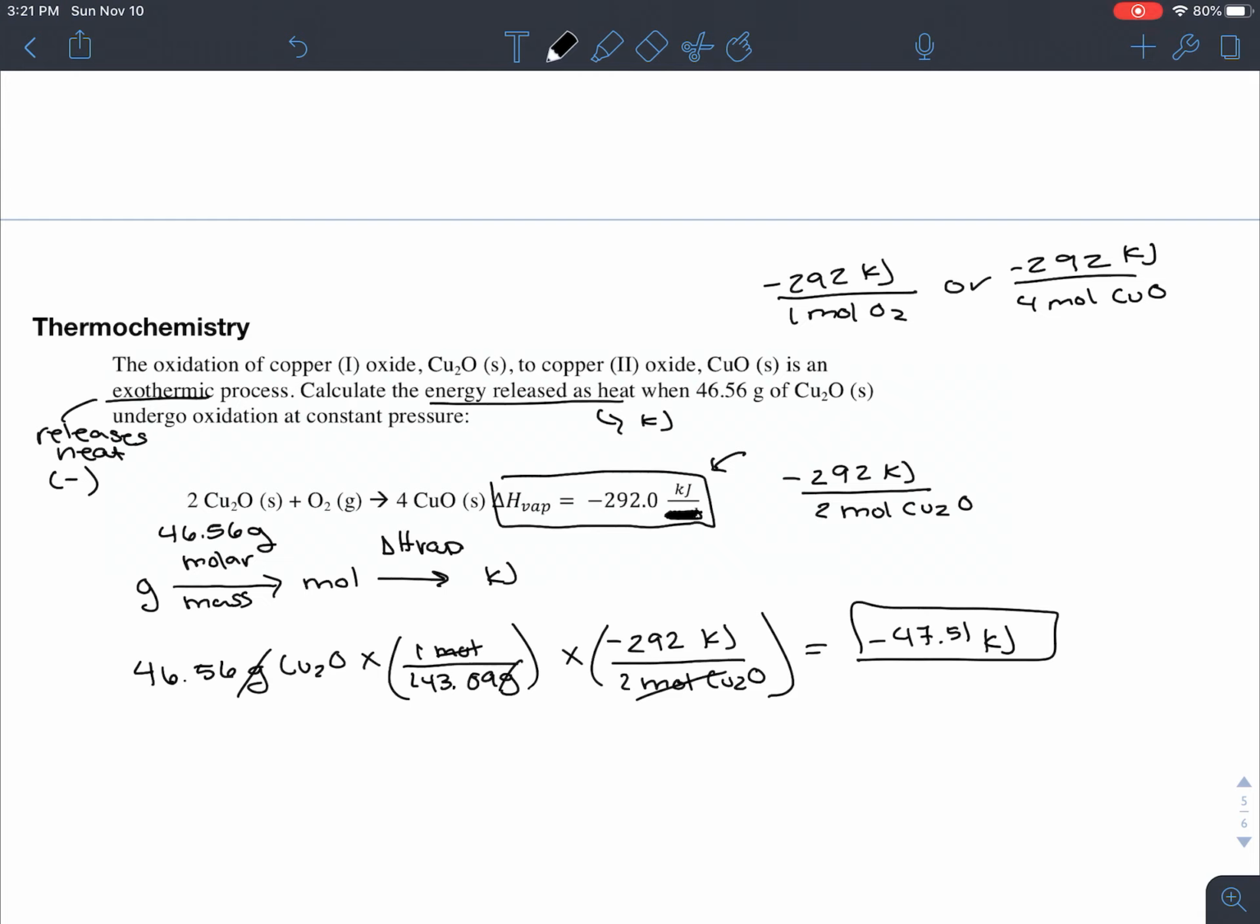And then depending on what you're given, you just try to get the unit you're given to moles so that your moles can cancel and you are left with heat. Now, one more important thing to know is if you're asking for a heat released or absorbed. We left it negative because we're thinking of an exothermic process, heat released. If it would have been positive, we would have had to just